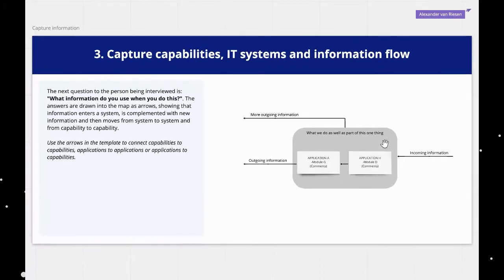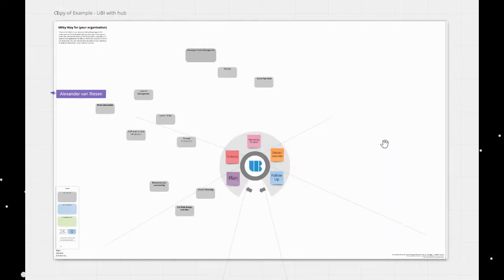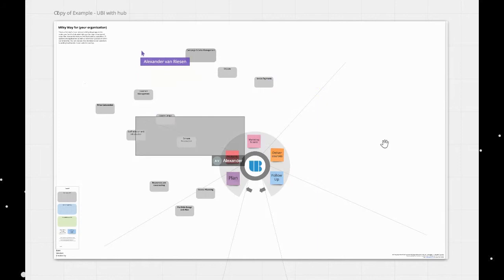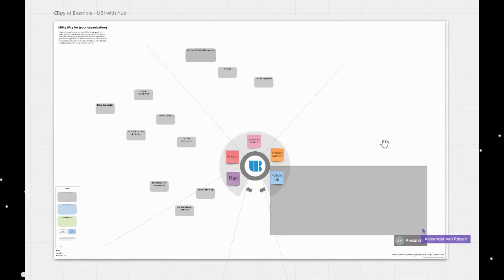So yeah, we're going to show you how this is done. So Alexander, if you could please copy the information, and then we'll show you as well how you add your applications and your information to that. So here we have, so now Alexander is moving his map and showing, oops, here we go. Now, so when we have created